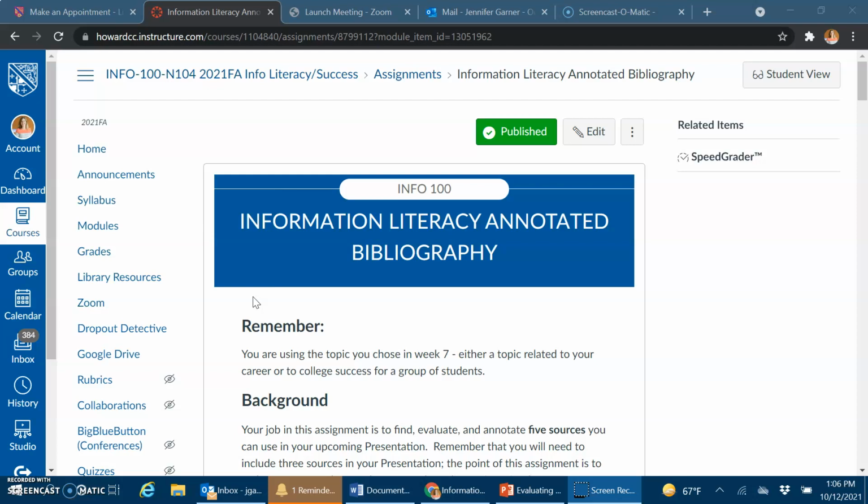And then secondly, I want to talk to you about the assignment that is due tonight, Tuesday at midnight. It is the first assignment in a progression of assignments that will lead to probably the biggest assignment of the semester, this information literacy annotated bibliography, which we're then going to use to do a presentation that you will record. The annotated bibliography we did before on that diversity topic was the practice round. Now we're going to do a longer annotated bibliography and again use this information to create a presentation.